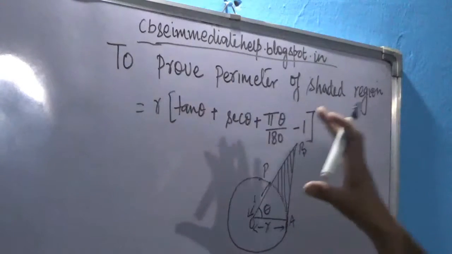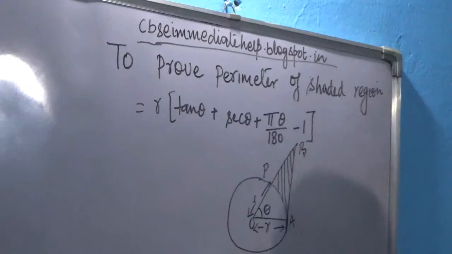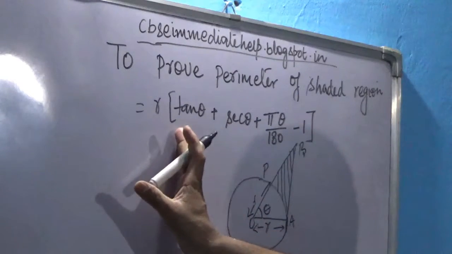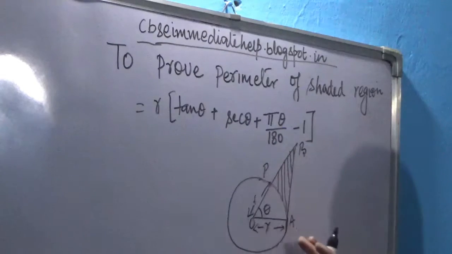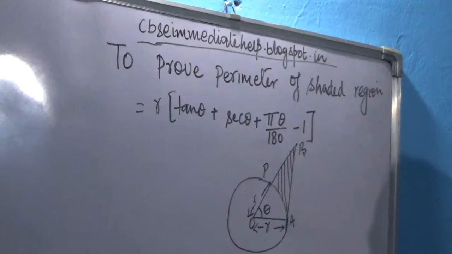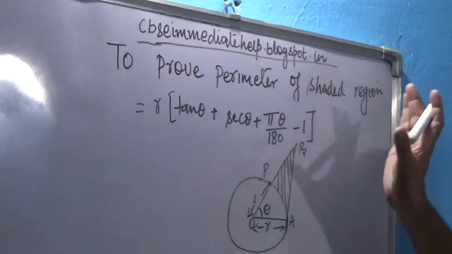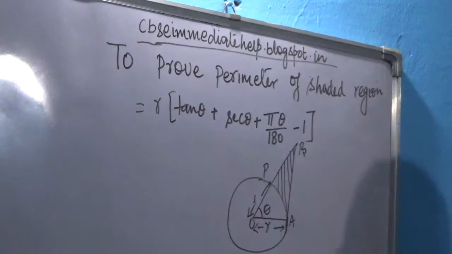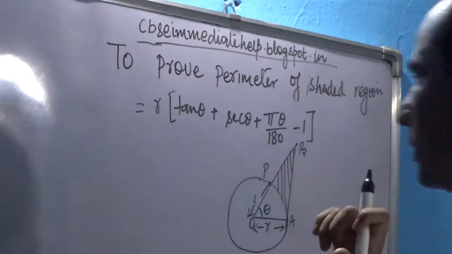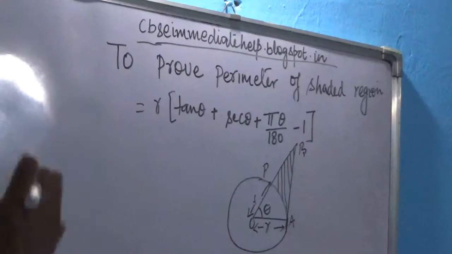So actually this question is a proving type of question where the answer is already given and we have to use all different methods and finally arrive at this answer. So I hope I am exactly and completely clear how to attempt this question. So now let's start doing it.